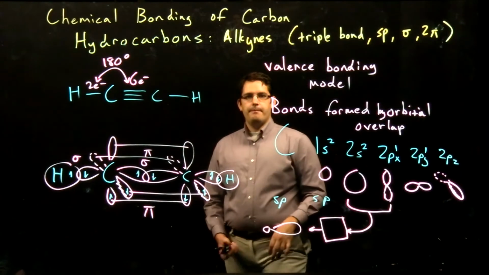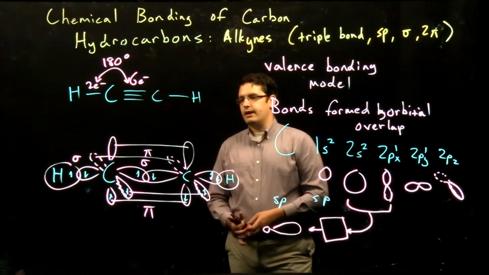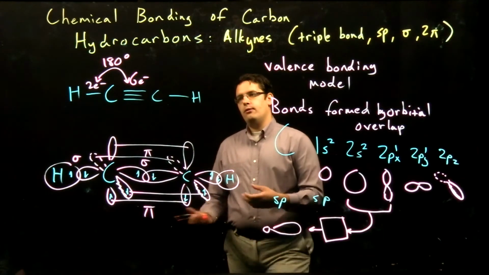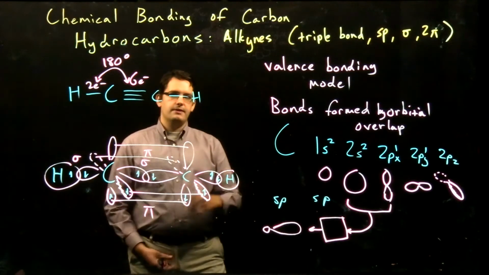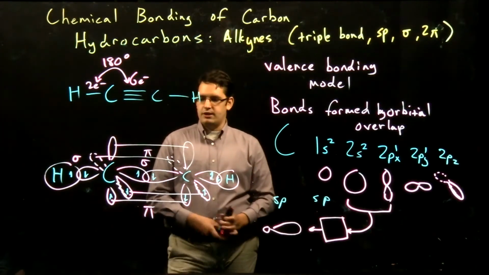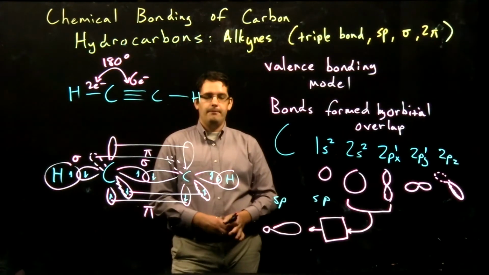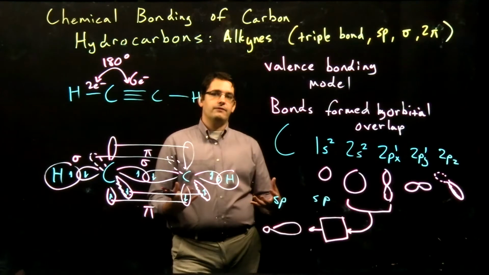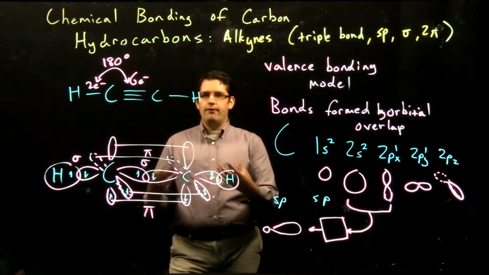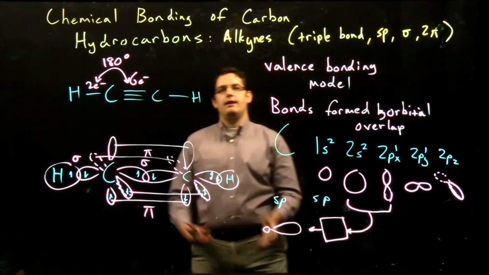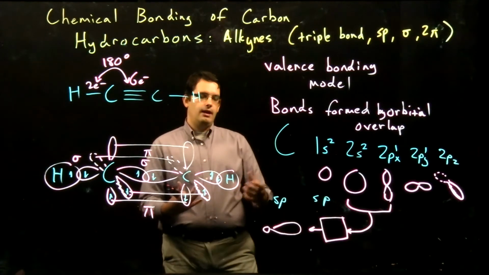alkanes. Now we can have different combinations of alkanes, alkenes, and alkynes together. So we might have one molecule with a triple bond in one place, and then single bonds between carbons in other places, in which case we'll just have the same kind of structures, just in different regions of our molecule. So again, that's why we call these functional groups, because they can just be one functional part that will have common characteristics at one point of our molecule, and then you might have another functional group at another point of